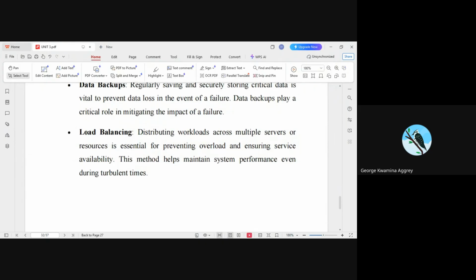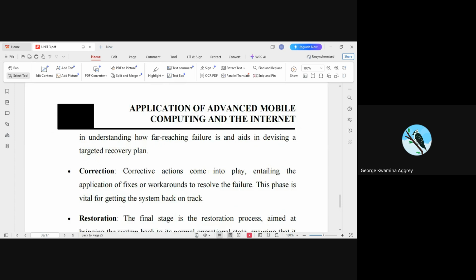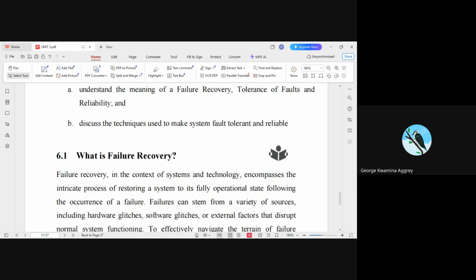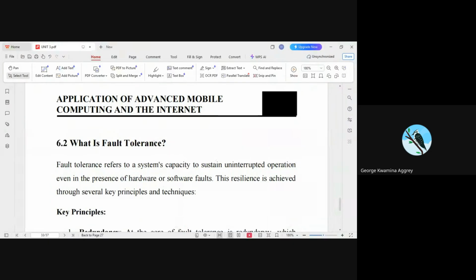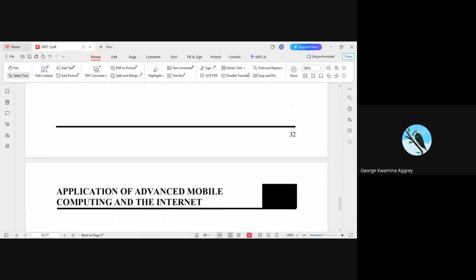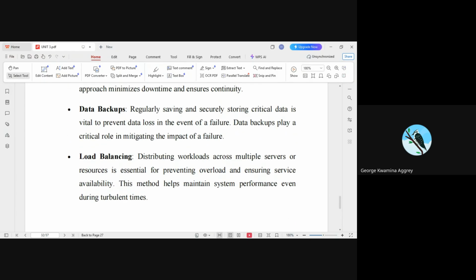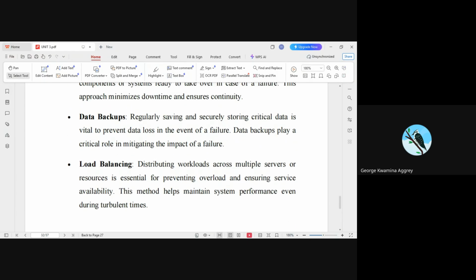Most often today, what do we see? They actually come in to patch the software to deal with the bugs, etc. Today you'll be there, then something will come. Will you accept? They have to update or upgrade your system, etc. They go in. Load balancing. There should be some form of load balancing. Like I mentioned earlier on, you take the ECG and also have a backup. So once ECG goes away,